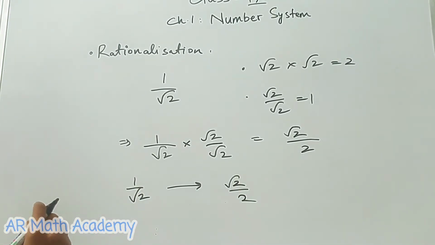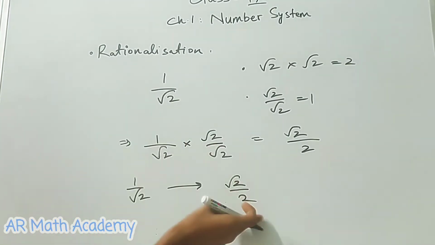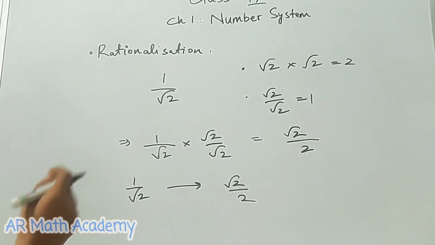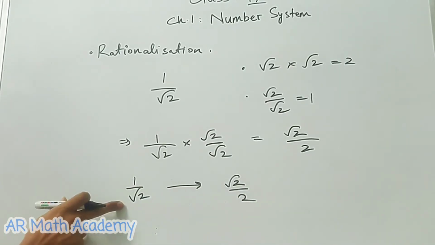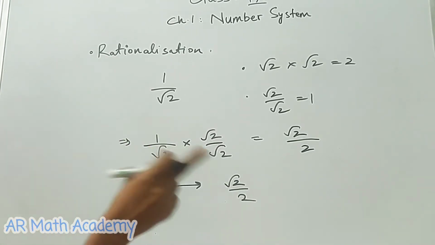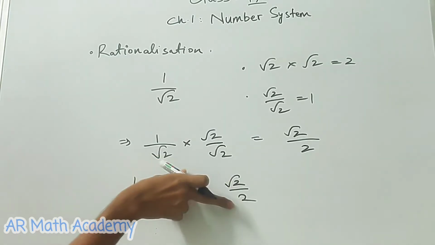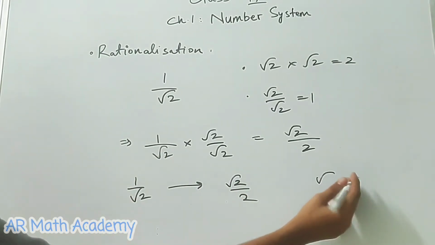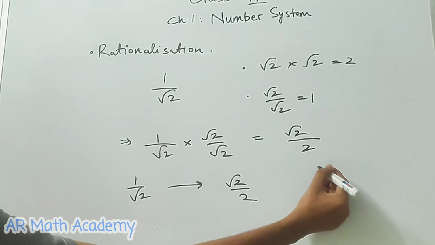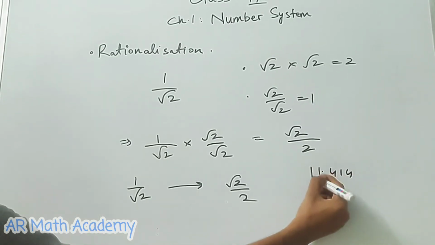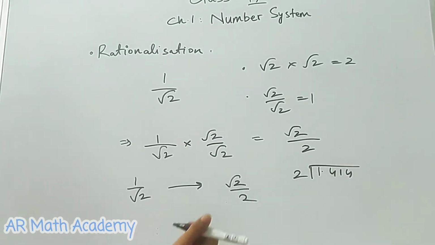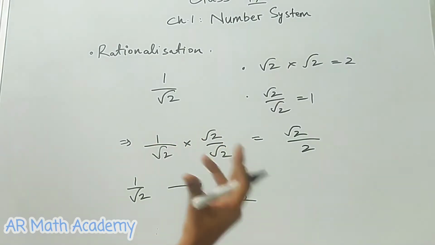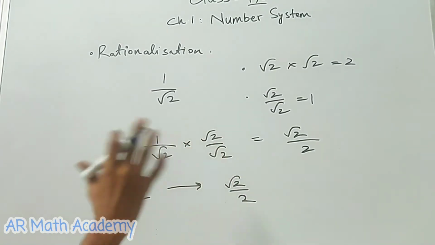Well, what is the difference, you ask? Both are the same. Why are we representing it in this form? Why isn't the original form comfortable? Well, we have an irrational number in the denominator and it becomes difficult to divide by an irrational number. In this form, we have a rational number in the denominator, which is 2. So we can easily divide root 2 by 2, right? Suppose the value of root 2, we know it as 1.414. So 1.414 can be easily divided by 2 and we can obtain the value, right? What might be the value? It might be around 0.7 or something. So in this case, it is easier to divide and know the exact value, but in the other case, it is quite not good.